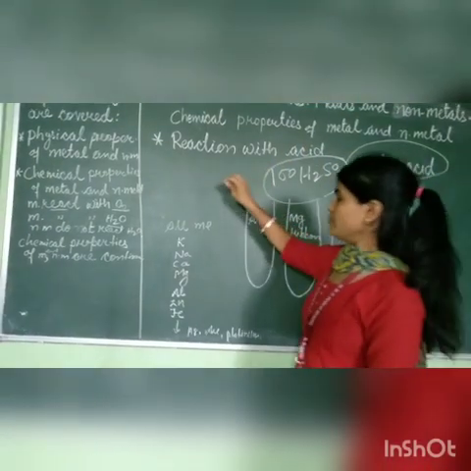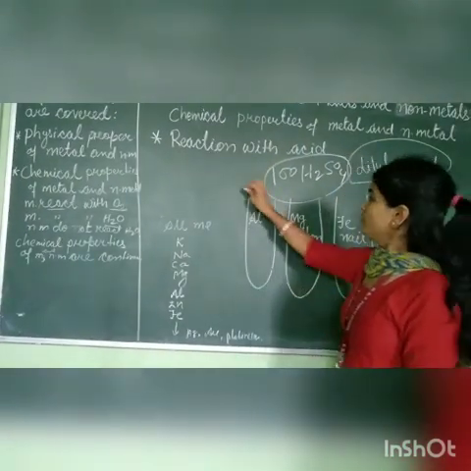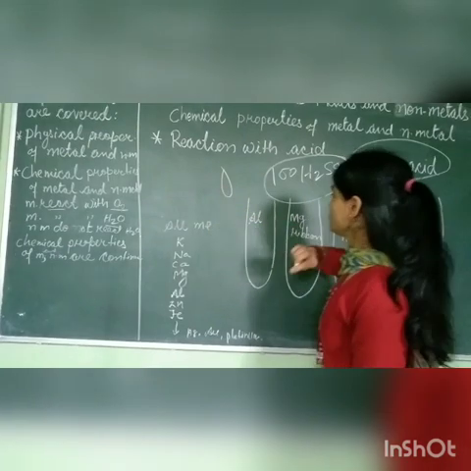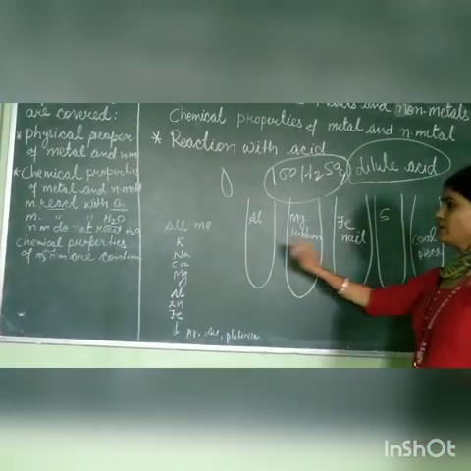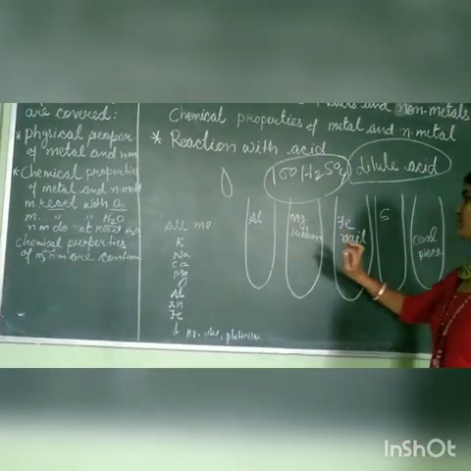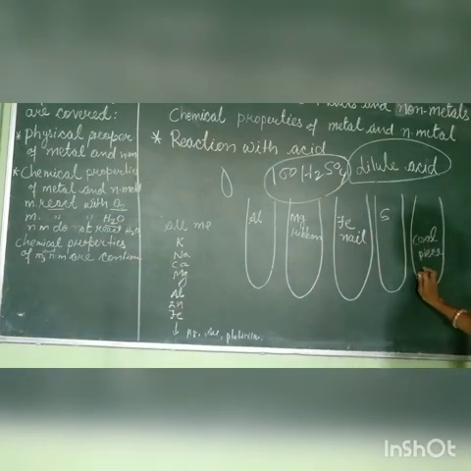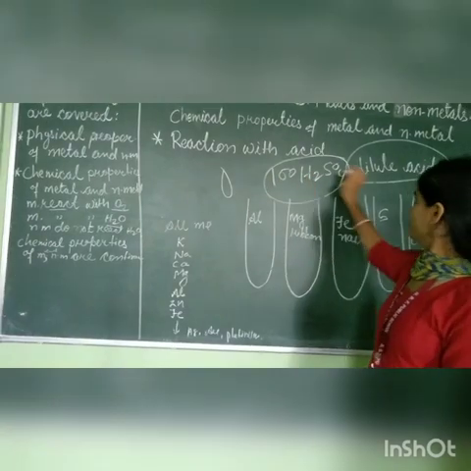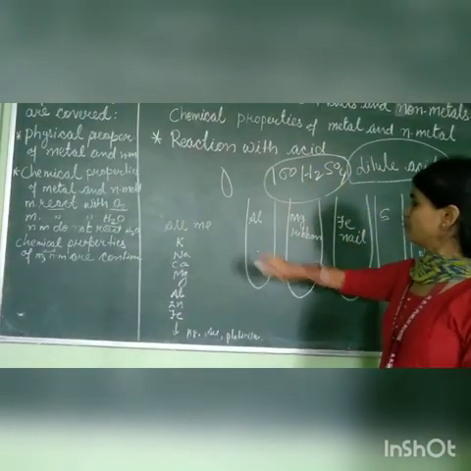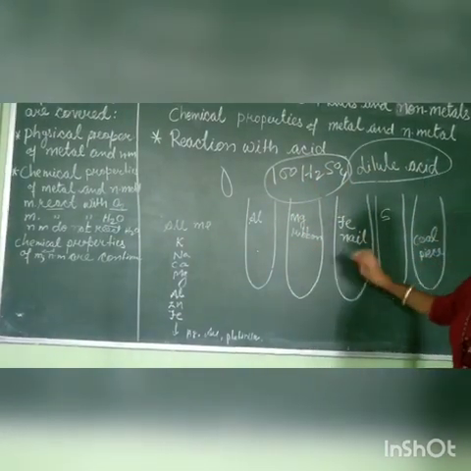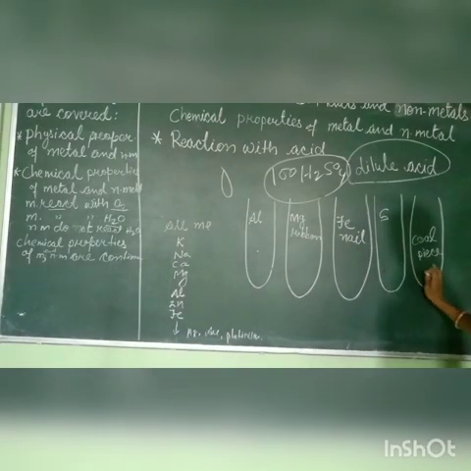Now let's come to the point. With the help of a dropper, these tubes are filled with the aluminium foil, magnesium ribbon, iron nails, sulfur powder and the coal piece. We will put dilute acid with the dropper in the aluminium foil, the magnesium ribbon, and this tube also, and so on, in all these tubes. We will see.